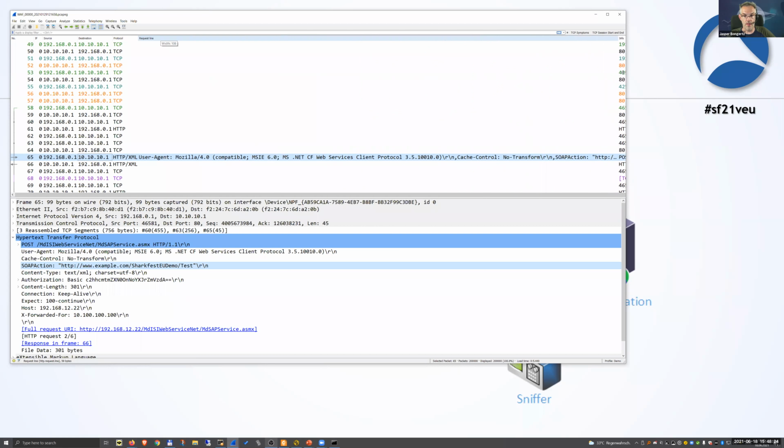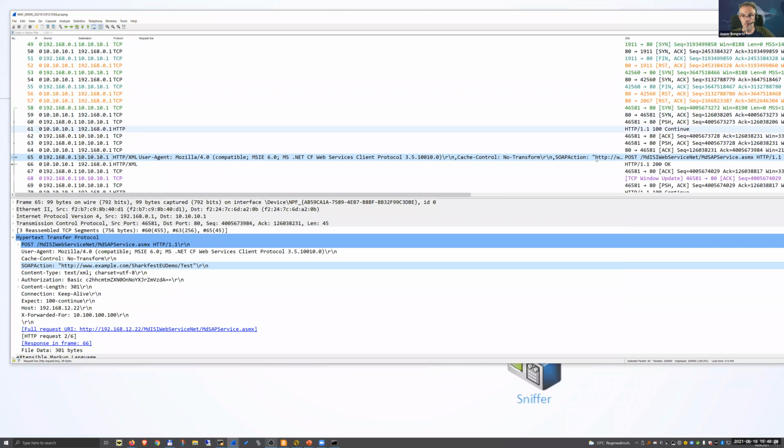The problem is you can see my SOAP action is in there, but that's not the only thing that's in there. And the problem here is that this SOAP action, if you can see the filter for it, is http.request.line, which is a generic field. So it's just a text field in the HTTP header where Wireshark doesn't know what it is.